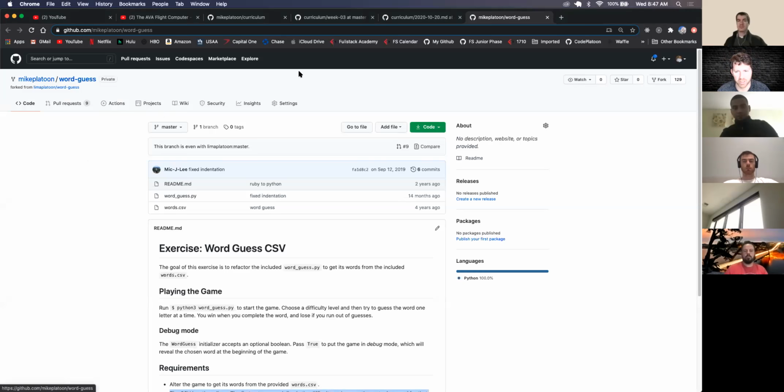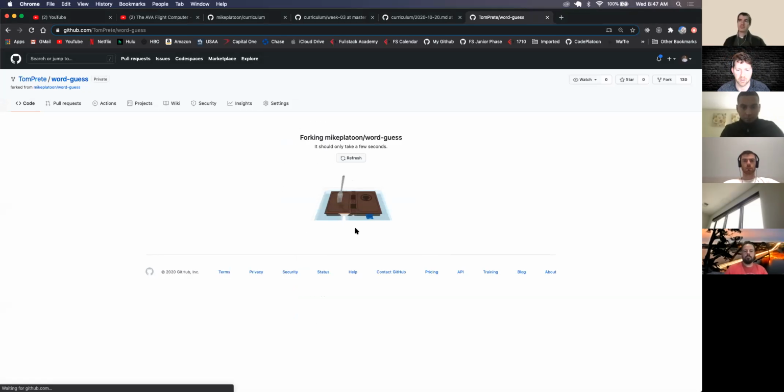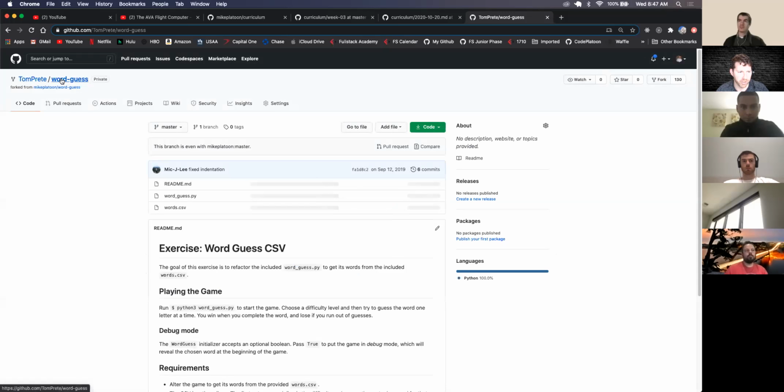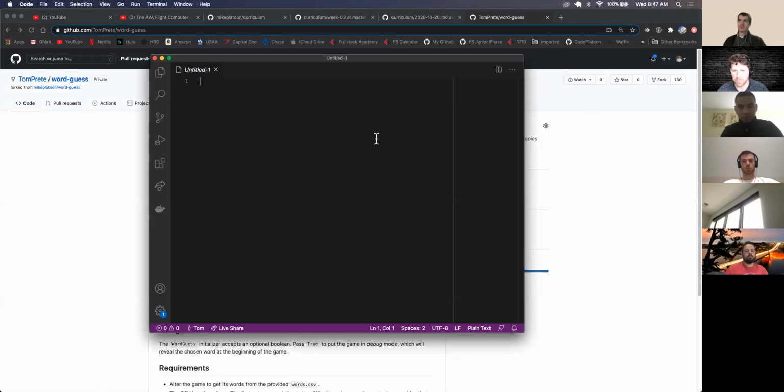So I'm in my Platoon word guess. I'm going to fork it over to Tom Preet's personal GitHub right here. It's making a copy. Oh, that was kind of slow. Yep, so it's making a copy. It's copying the original word guess from Mike Platoon into Tom Preet's word guess. There we go. So right now I'm going to git clone it, and I'm going to open up a new